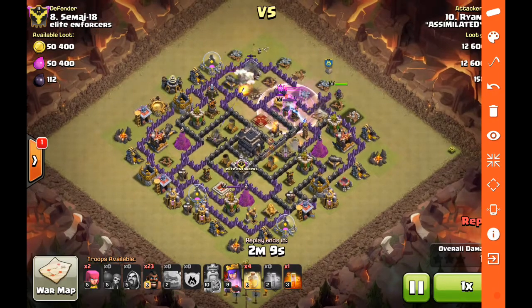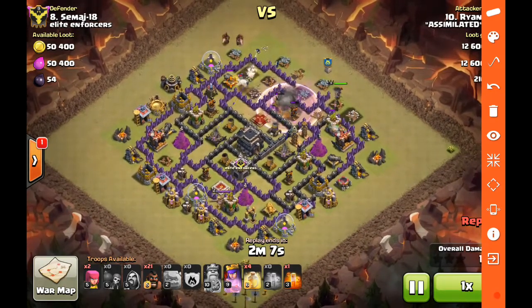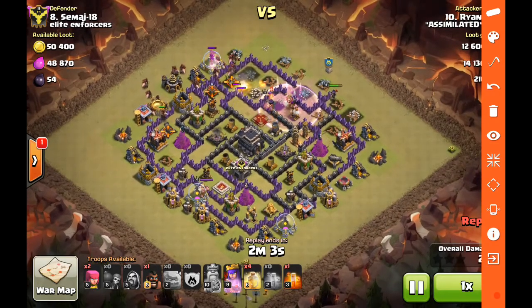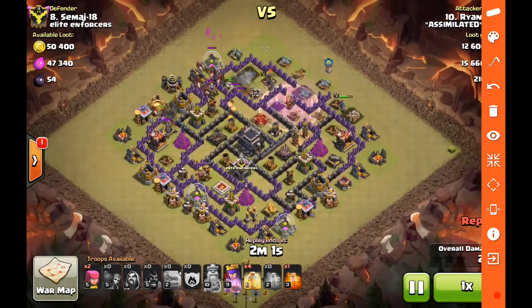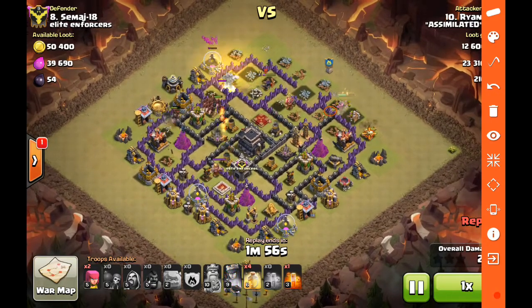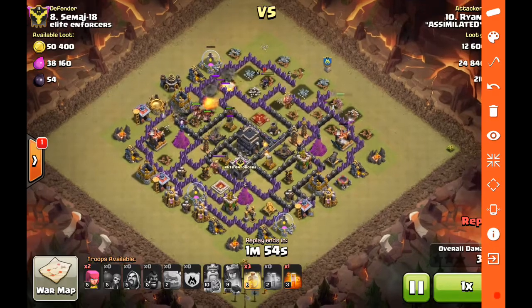No jump spells or anything, just relies on BK breaking through, popping its ability. Queen does not quite go down. Things are not looking real great here. But these wizards, I believe, are going to go ahead and latch onto that queen and pop her out any second now. Hogs are